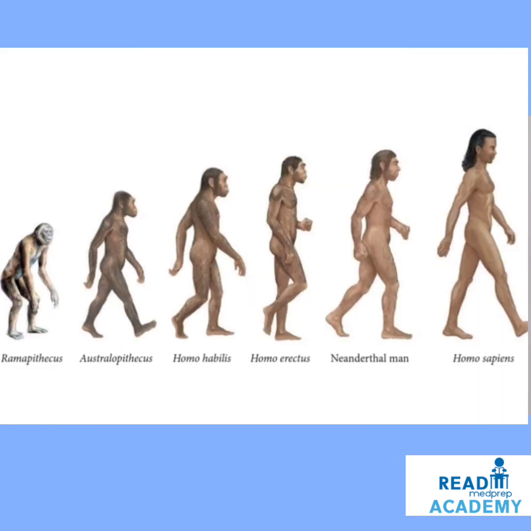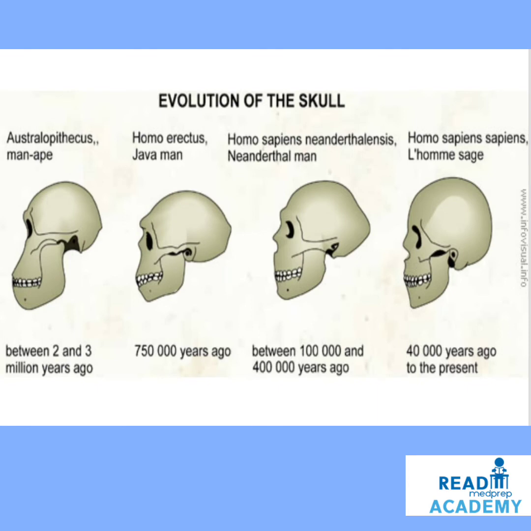Here you can see, to sum up the evolution of man: Ramapithecus, Australopithecus, Homo habilis, Homo erectus, Neanderthal man, and Homo sapiens. You can see the evolution of the skull of different prehistoric men. Australopithecus, which was considered as the man ape, between 2 and 3 million years ago. Homo erectus, otherwise called the Java man,